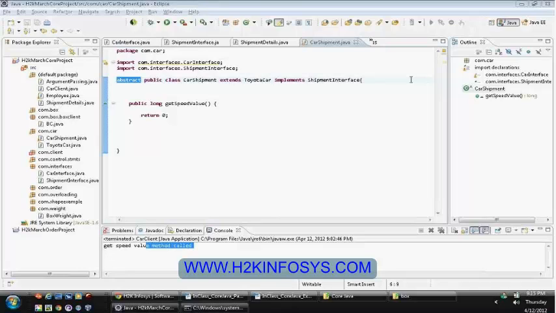Abstract cannot instantiate, then how will you call an abstract class? See, for an abstract class, it's not possible for us to create any instances. You should write a concrete class and then you can create an object of the concrete class, and you can make use of the abstract class reference and call those methods.